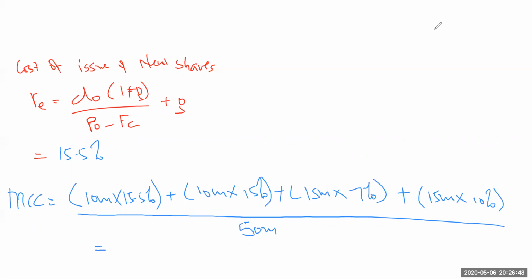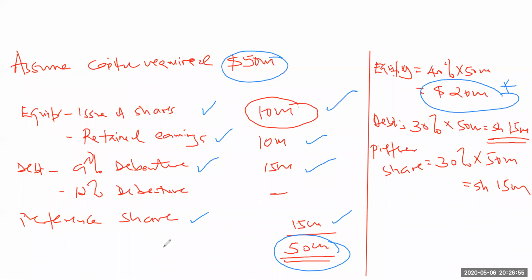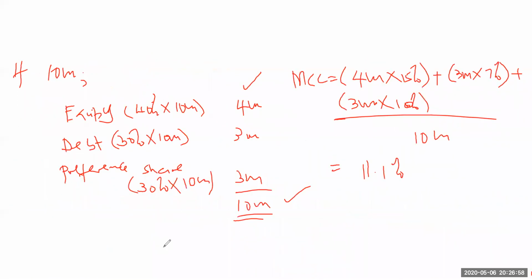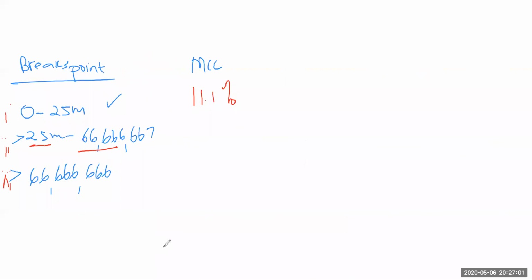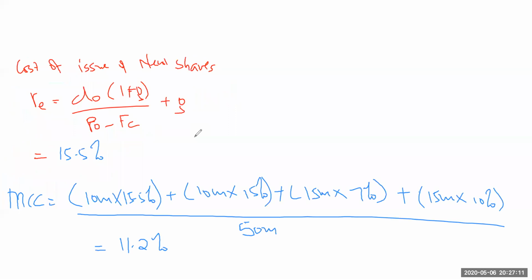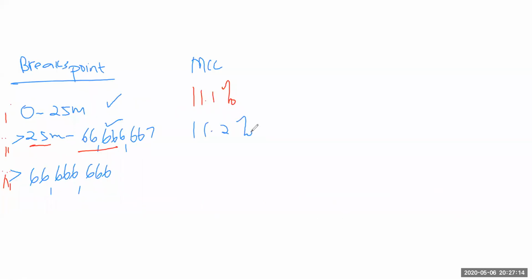Okay, that's good. It's 11.2%. So going back to our analysis, between 25 and 67 million, the cost we obtained is 11.2%. As you can see, the cost has increased. It has jumped. So any capital between just above 25 million and not above 66.7 million, the cost remains constant